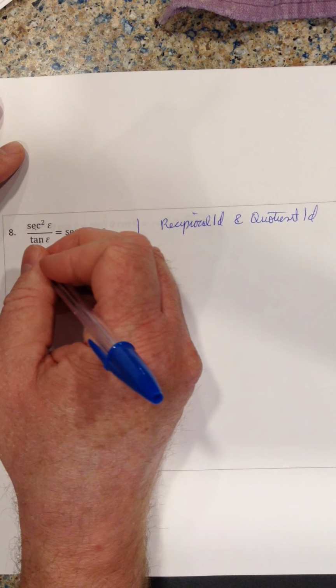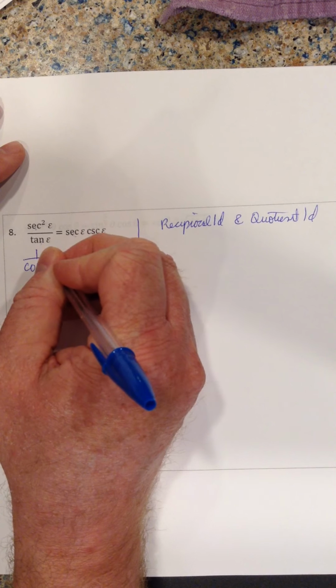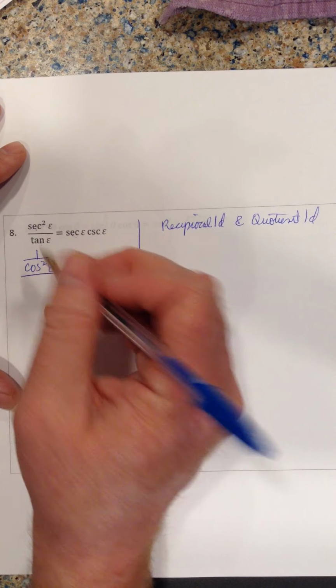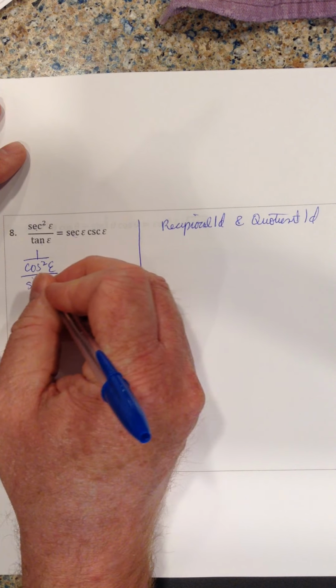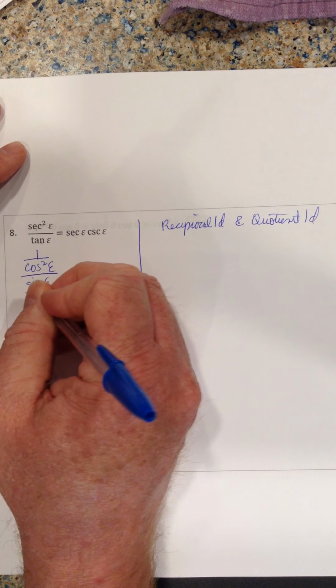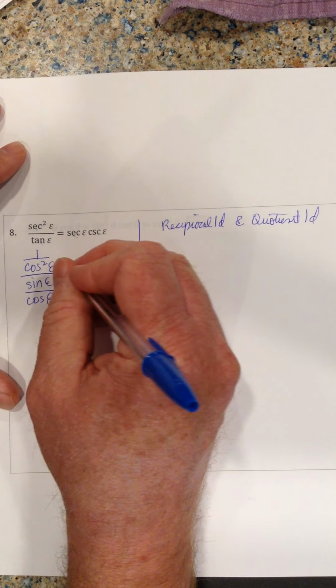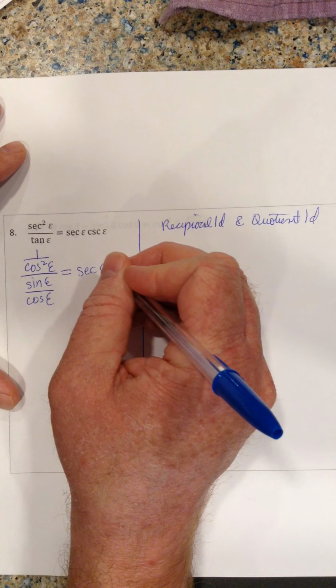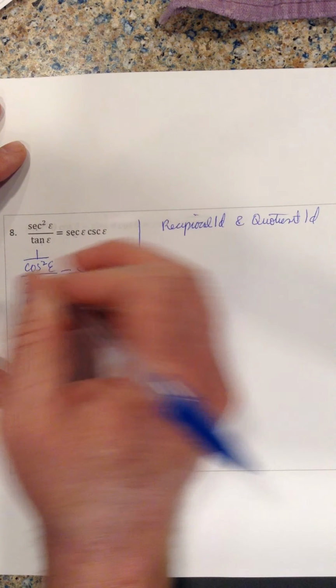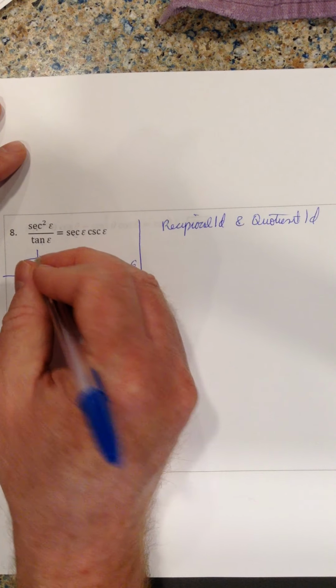Okay, so that's 1 over cosine squared of epsilon over sine of epsilon over cosine of epsilon equals secant of epsilon cosecant of epsilon. I'm going to make this fraction bar longer because it's a fraction divided by a fraction,